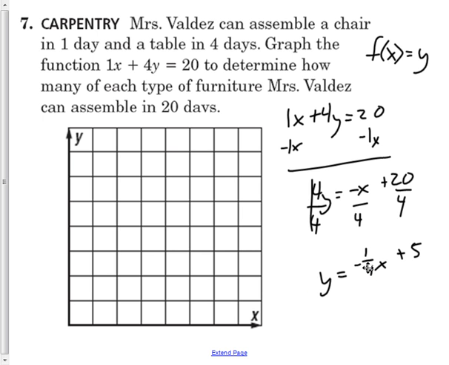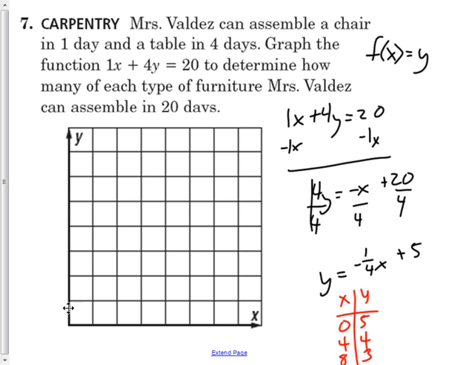So you're going to want to use compatible numbers with that again. So you use your x and y table. All right, and we can start with x being 0 because we're going to start right here, and we're going to be at a +5. If x is 4, notice here you're going to get -1 plus 5, which is 4. So 0, 5, 4, 4, and now let's use maybe an 8. You're going to get -2 plus 5 is 3. All right, and then you can go ahead and graph that and see what we have